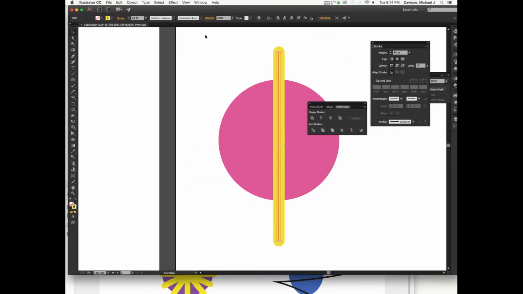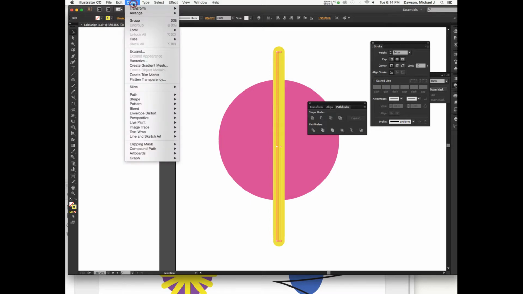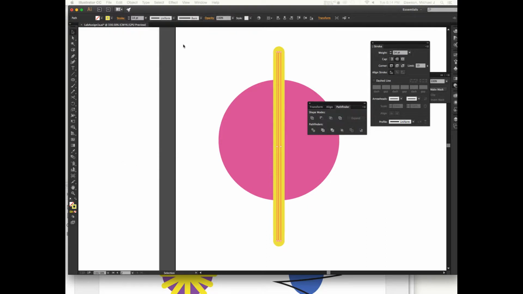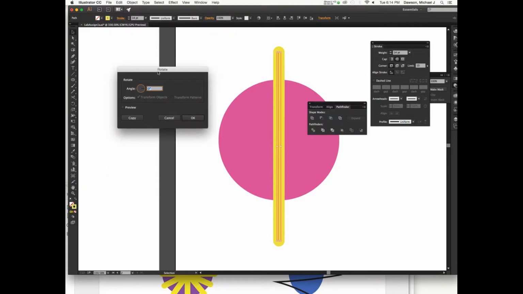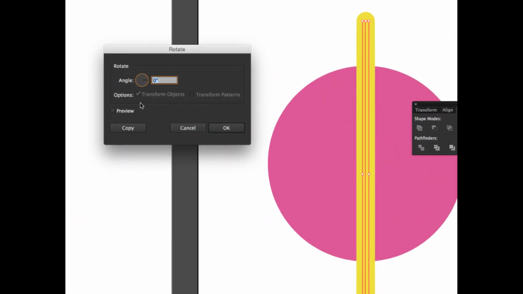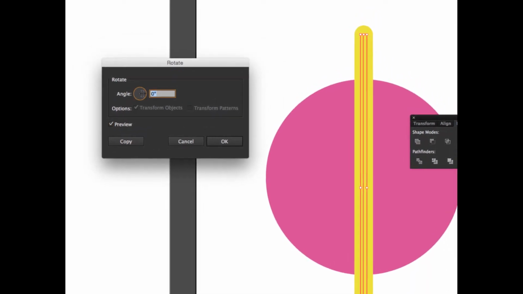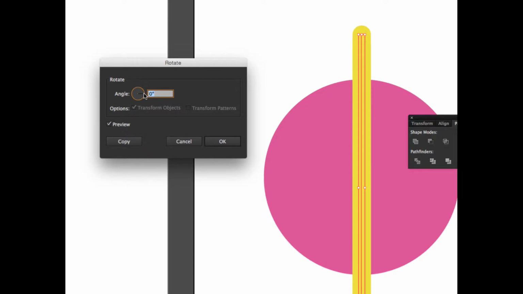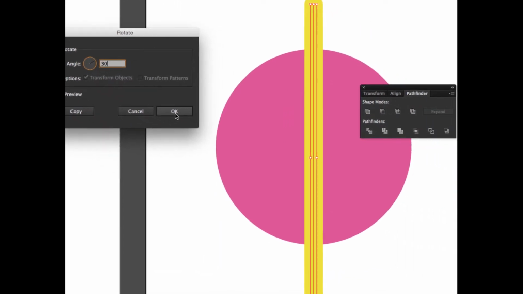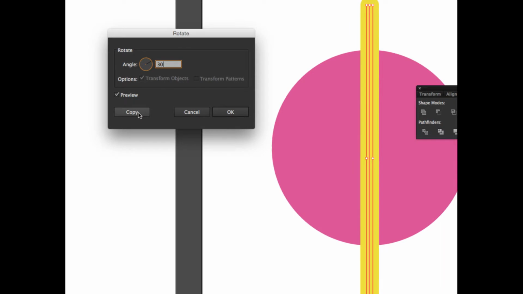Let's rotate it a different way. Let's go to Object, Object Transform Rotate. With the object selected, go to Object Transform Rotate, which will bring up this dialog box. For some reason, whenever you perform operations, it likes to uncheck this preview, so just always check that. And I'm going to set a value, let's say 30 degrees. If I click OK, it will simply rotate this object. I don't want to rotate this object, I actually want to copy it. So I can click Copy,